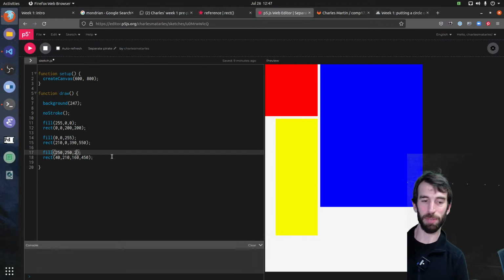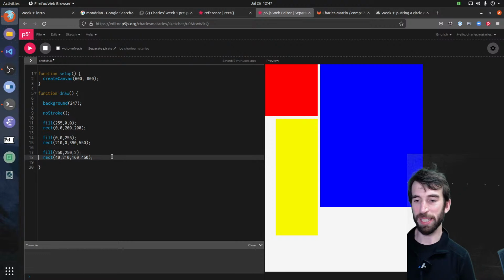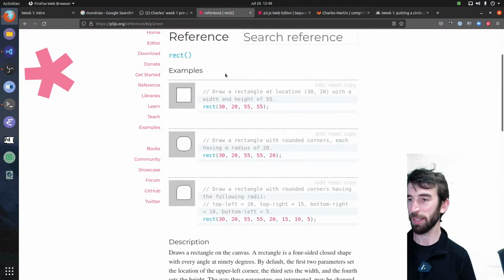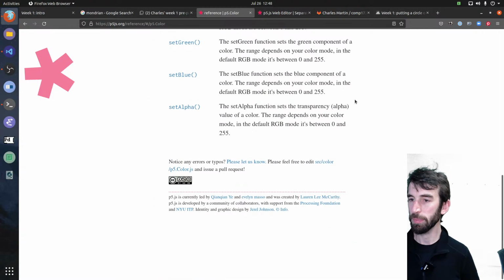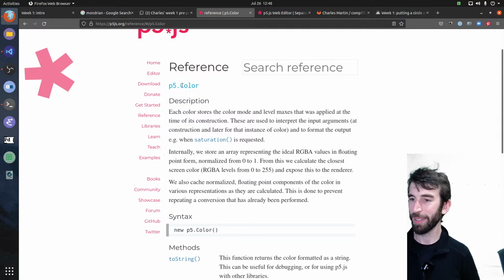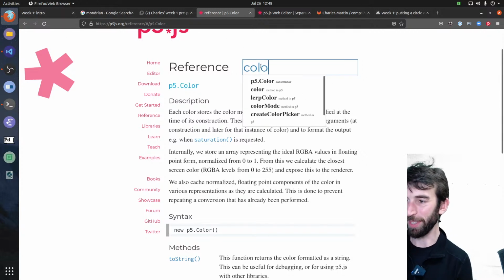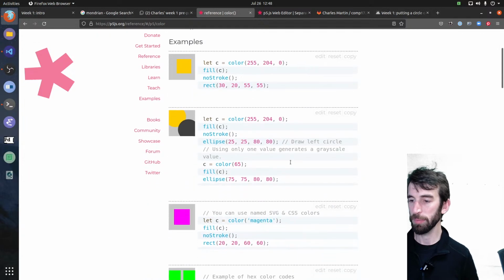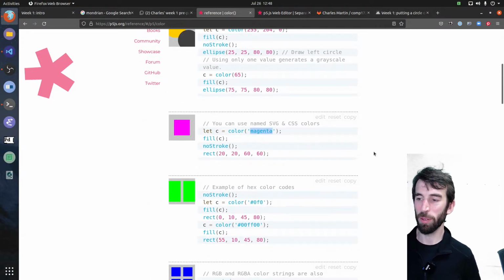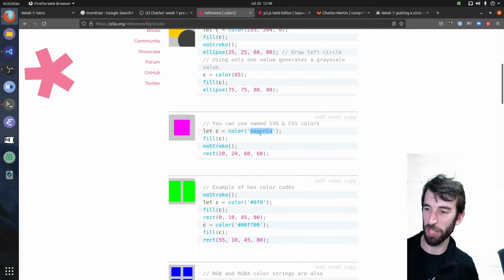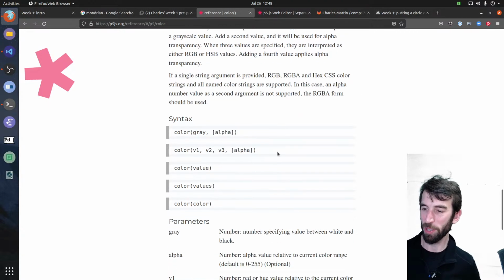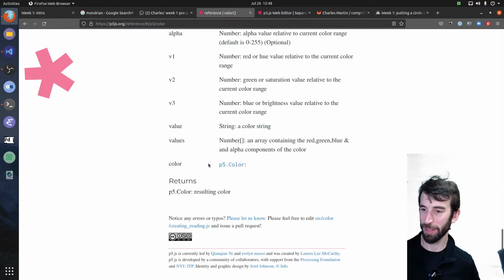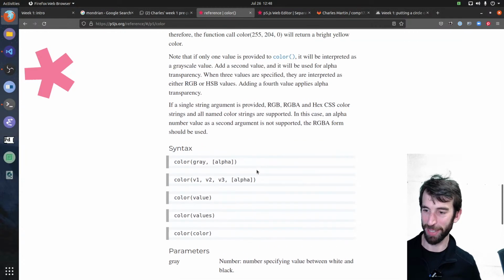Was there any color code list? Well, someone's asked if there's a list of different colors. Well, there's some colors, I think, which are in a list. If we go to color, that's not really what I meant. These things can be a little bit tricky to find the right place. There's some colors that you can just give by name. You can just say magenta and it will give you magenta. Basic colors will probably work. I don't know where there's a list. Someone else can find it in the reference for me, showing the list of all the possible color names.